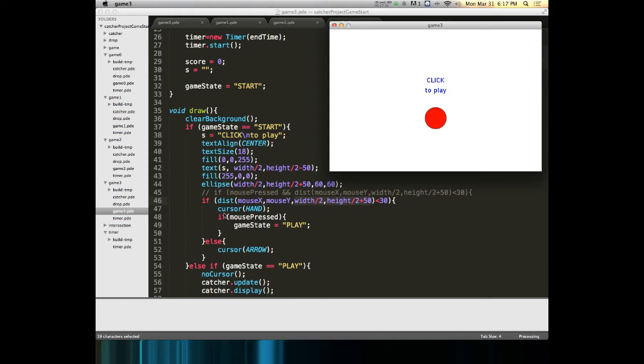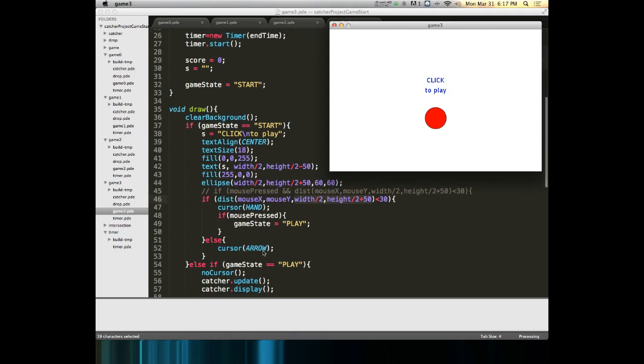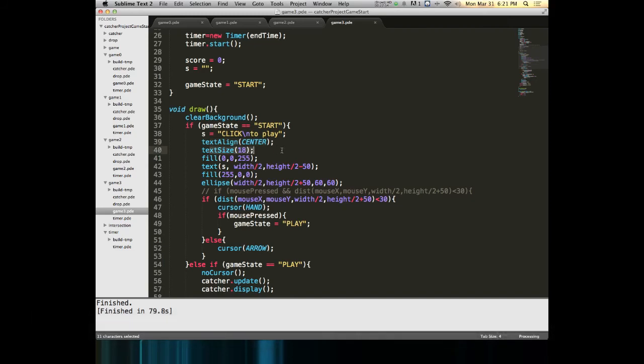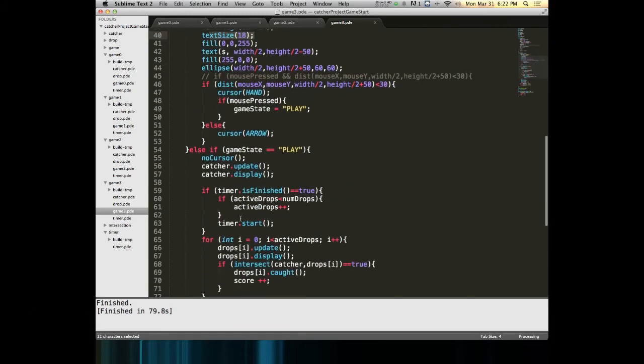I decided it looked better if the cursor changed to a hand when you roll over it. I think that looks better. Tells you it's clickable. Is that hardwired into Processing? Cursor hand, cursor arrow. So we're able to do it. So center the text, update the size of the text. Now I'm going to